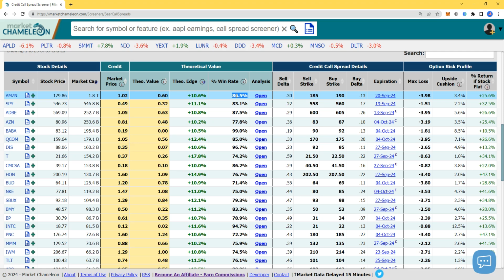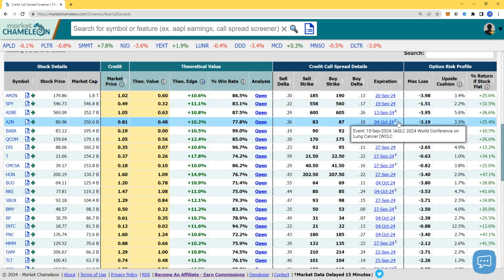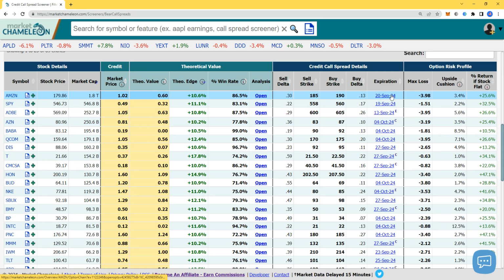86.5% win rate. Now remember the trade, Amazon at 180, and let's say you are bearish. Expiration for September 20. There's no earnings, there's no conference, there's nothing. It just depends on the market and what they do. And the trade itself basically tells you to sell the 185 call and buy the 190 call. This is it. Remember, we're not even at 180. It tells you sell the 185, buy the 190, and collect $100, $102